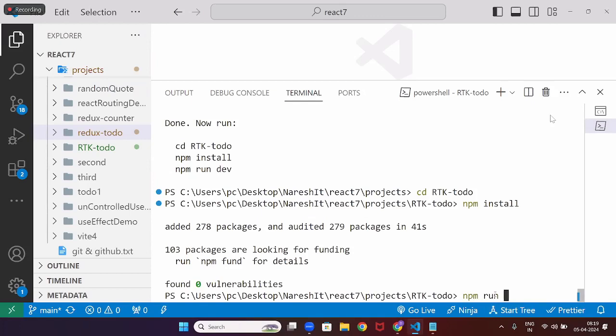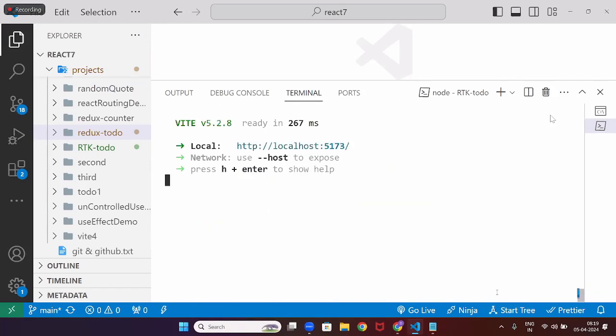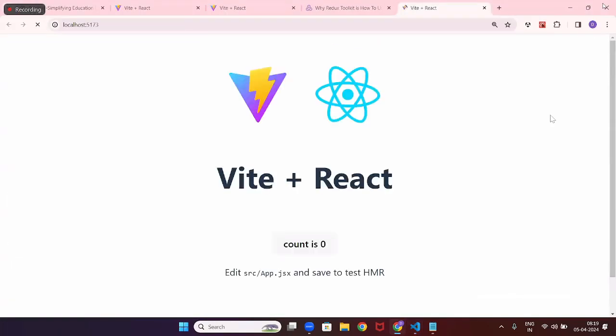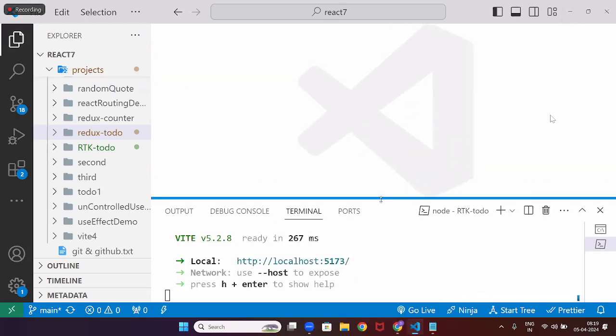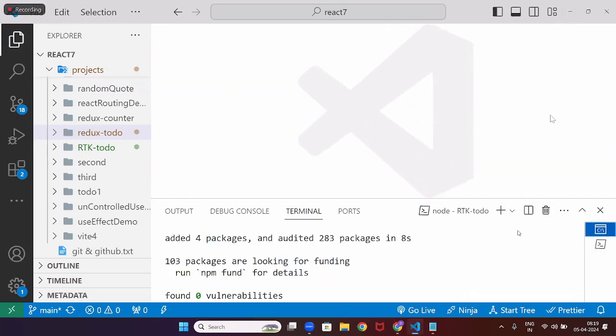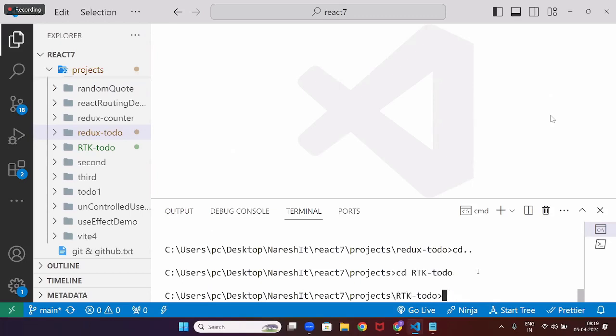npm run dev. Okay, I need to install the things, right? cd rtk-todo, and you need to install, npm install